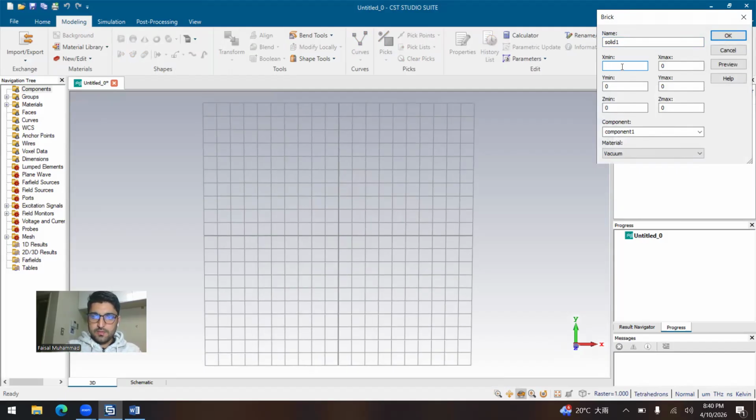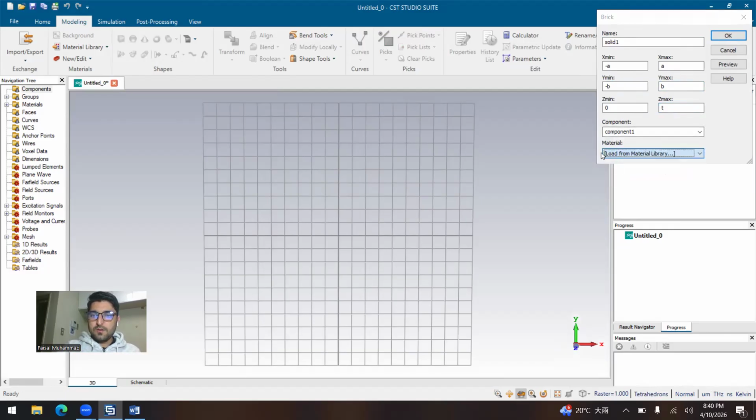I'm going in the negative direction, so it will be minus a, and minus b. Sorry, x-axis is a, and y-axis is b. Okay, and then for the z-axis I keep z as 0 because I don't want to go in the negative z direction. I just keep the thickness of my substrate in the positive z direction, so I keep t for thickness,